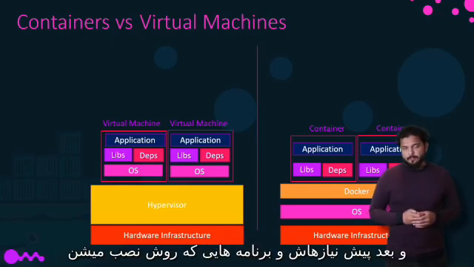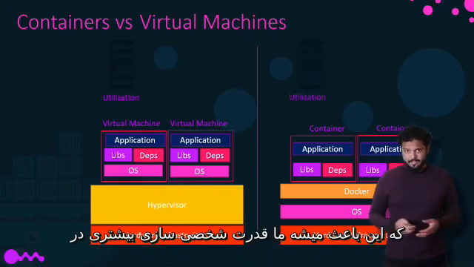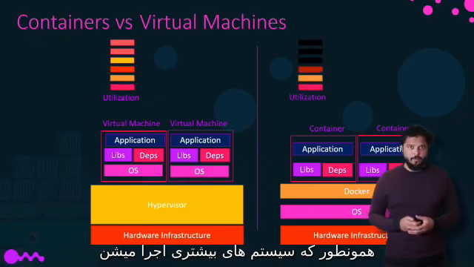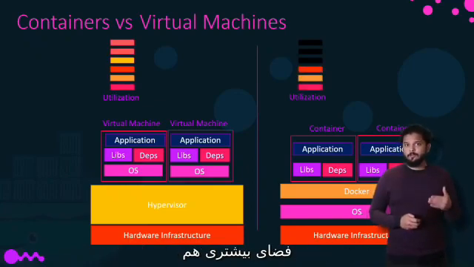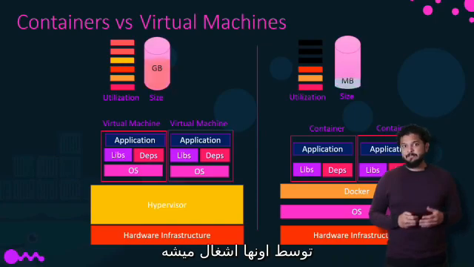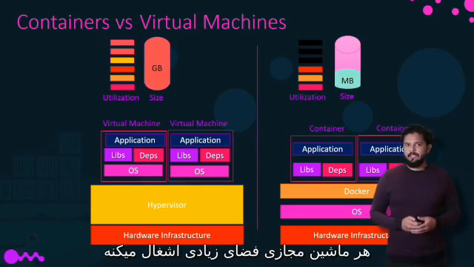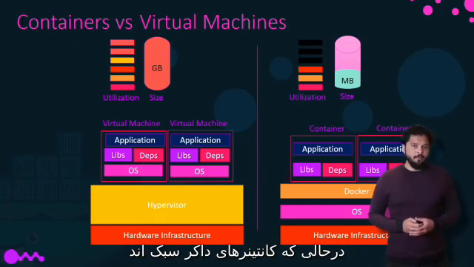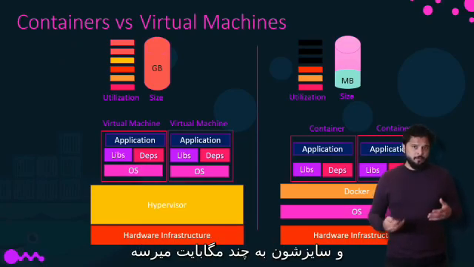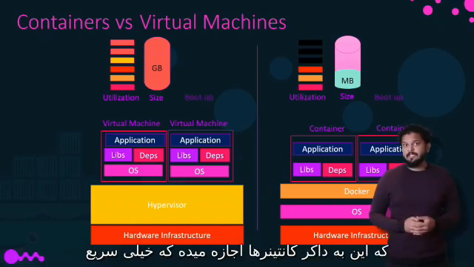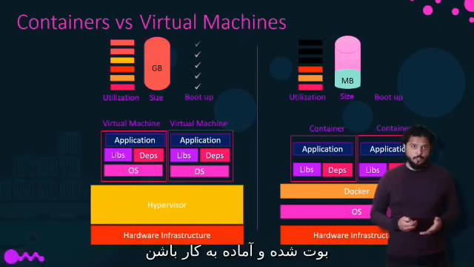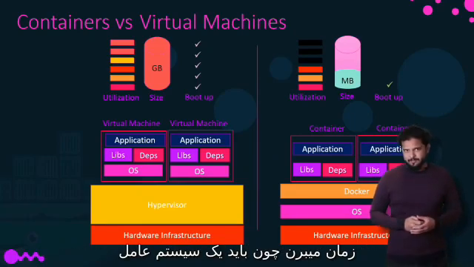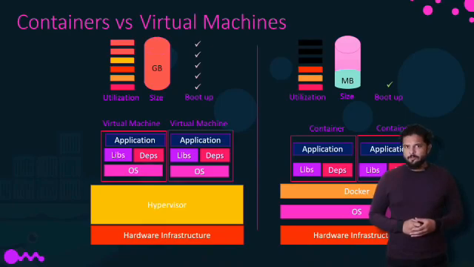The overhead causes higher utilization of underlying resources, as there are multiple virtual operating systems and kernels running. The virtual machines also consume higher disk space, as each VM is heavy and is usually in gigabytes in size, whereas Docker containers are lightweight and are usually in megabytes in size. This allows Docker containers to boot up faster, usually in a matter of seconds, whereas VMs, as we know, take minutes to boot up as they need to boot up the entire operating system. It is also important to note that Docker